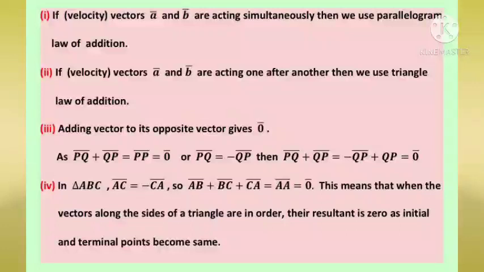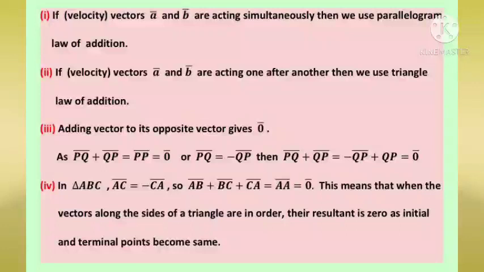Now let us study the fourth note. In your fourth note, we will talk about the triangle ABC. Now we have studied the triangle law. What does it say? AB bar plus BC bar is equal to AC bar. So AC bar and CA bar are along the same side, but if you talk from AC and CA, they become opposite in direction. Therefore they are negative of each other. So we have written here AC bar is minus of CA bar.